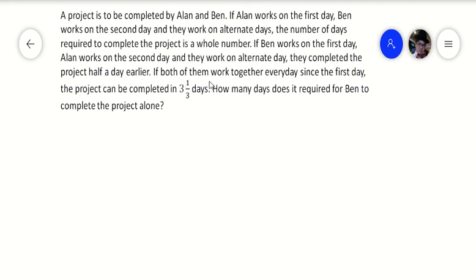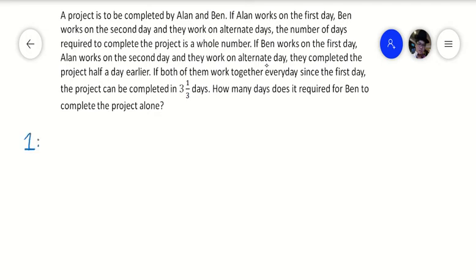If both of them work together every day since the first day, the project can be completed in 3 1/3 days. How many days does it require for Ben to complete the project alone? Now, if we observe the question here, there are three situations. Situation one says that